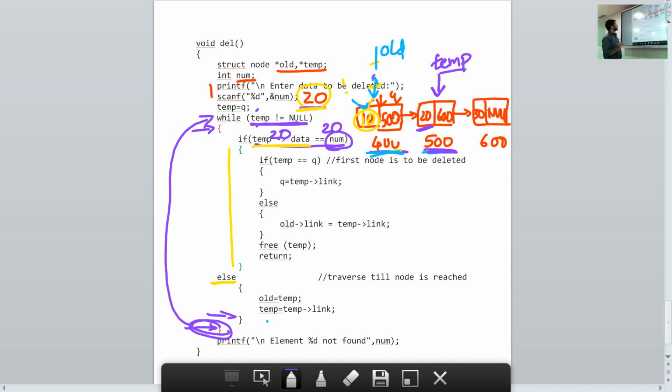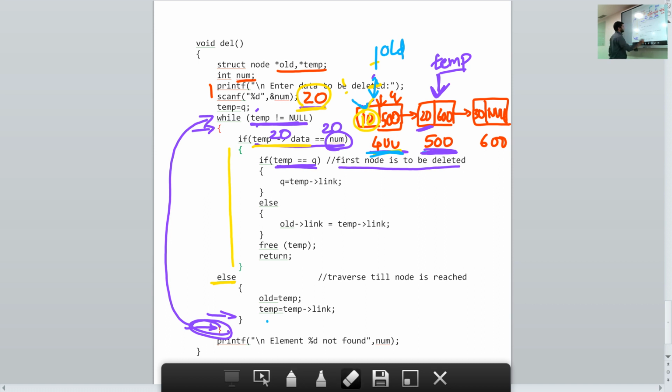So now if you are deleting, we check if it is the first node that we are deleting. How do we know if we are deleting the first node? Because there Q will be present. Now if you look in the diagram, is Q pointing to this node? No. But how do you know it through programming? You know it through programming with this line of code. We check whether temp's value is equal to Q. So this tells whether the first node is getting deleted.